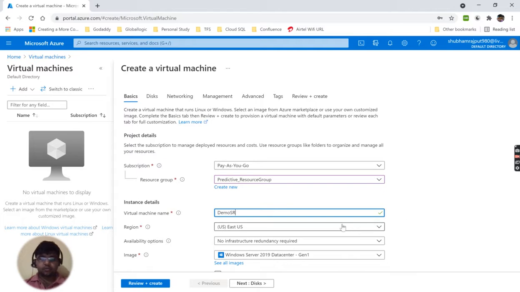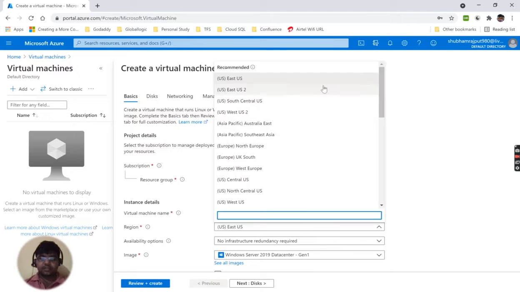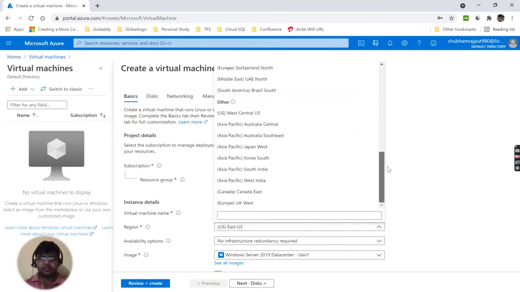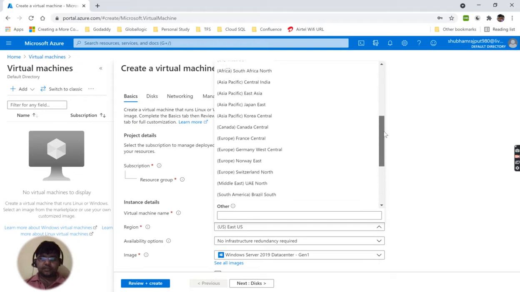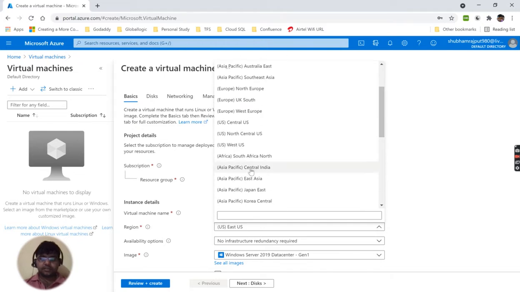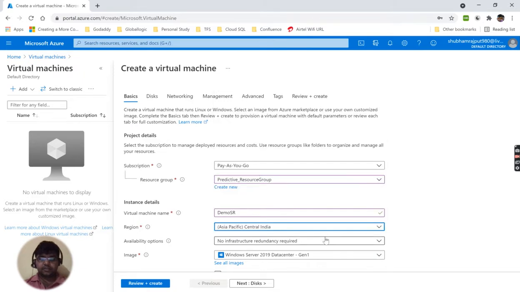So from this drop down you can choose your region in which you want your virtual machine. The default one is East US. You can choose any other also if you want. You will find Central India. I am from India also, so you can select the India one also.